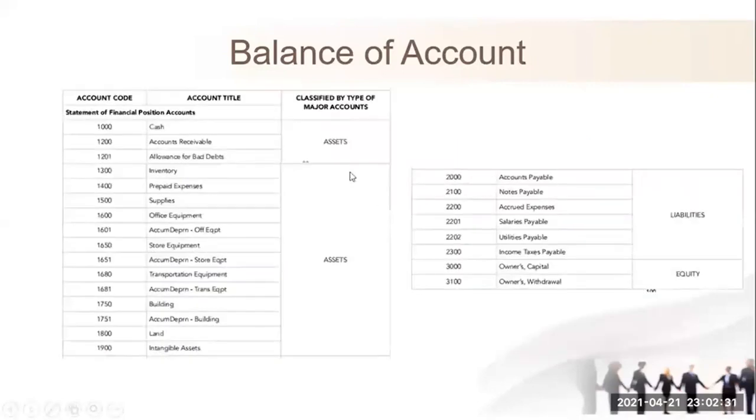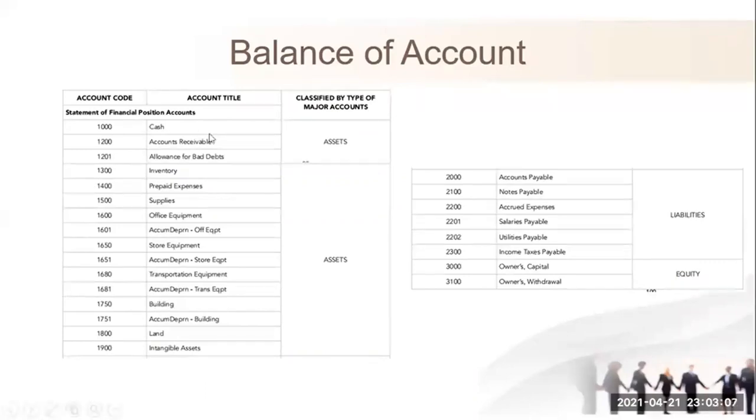Ito yun naman yung sinasabi ko sa inyong chart of accounts. So, meron tayong account code. Pag nag-work na kayo, lalo na pag may system, magagamit nyo talaga tong account code. So, for example, 1,000 for cash, and so forth. Actually, ito depende naman to sa company, no? Kung ano yung code na ilalagay nila. Sample lang to. Gumagamit sila ng sarili niyang code. Pero normally, number naman yun.